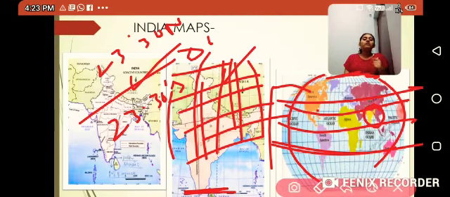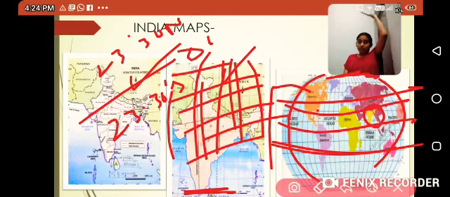And this Tropic of Cancer is again passing through India also, and there are eight states from where the Tropic of Cancer is passing, and these 8 states, not sometimes but many times, at a particular time of the afternoon, experience the sun above the head.